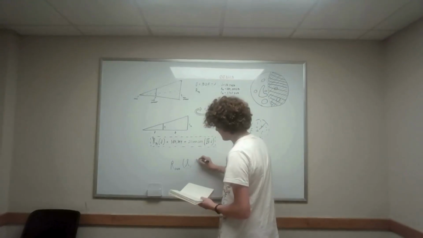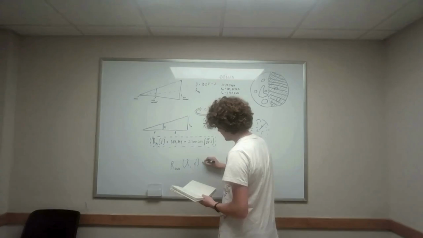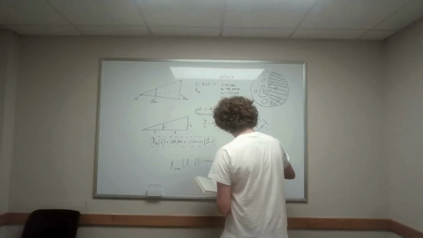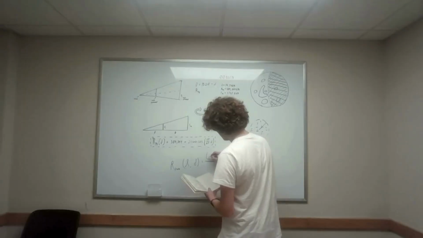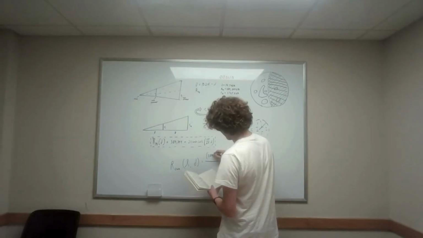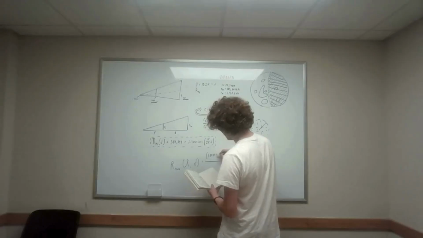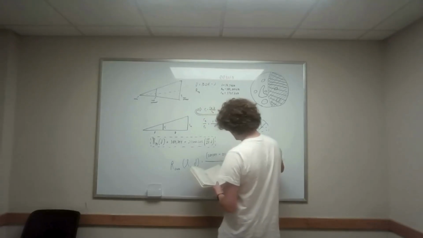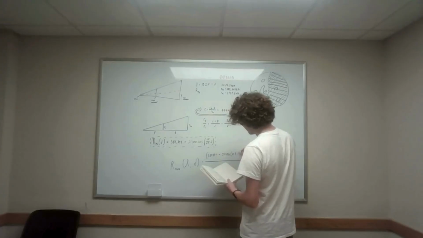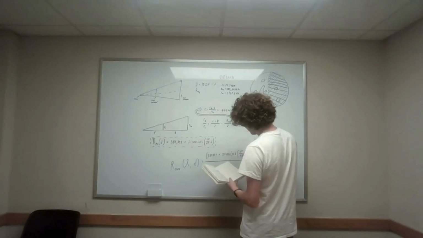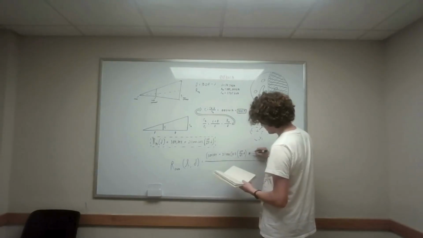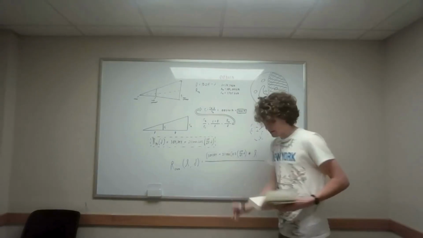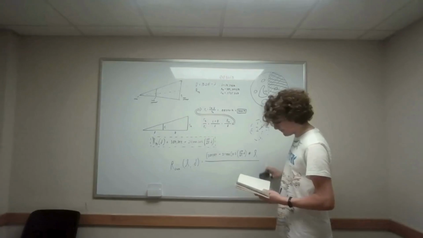Little l, comma, d, equals 384,399 plus 21,100 times cosine 2 pi divided by 27d times little l, and then all divided by,